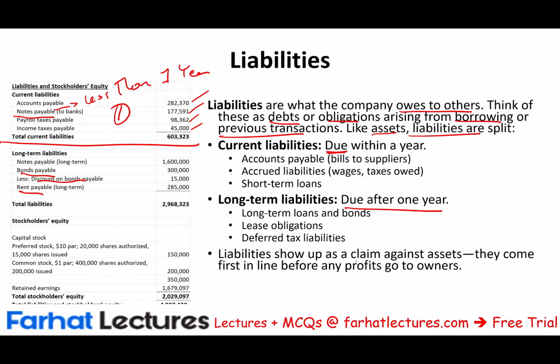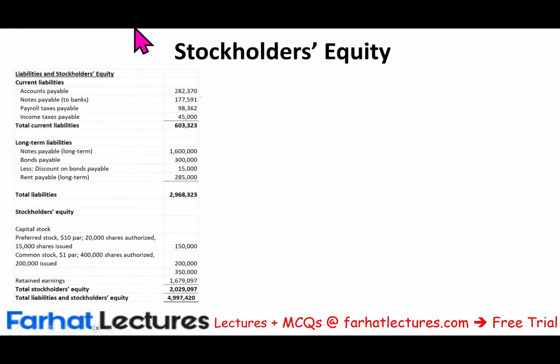So liabilities show up as claims against the assets. They come first in line before any profit goes to owners. So in case the company goes out of business, you have to pay the liabilities before you pay the owners. So the liabilities are obligations. Obligations mean you have to pay. You have to pay the liability. You don't have a choice. You have to pay the liability. Now let's talk about the third category, which is